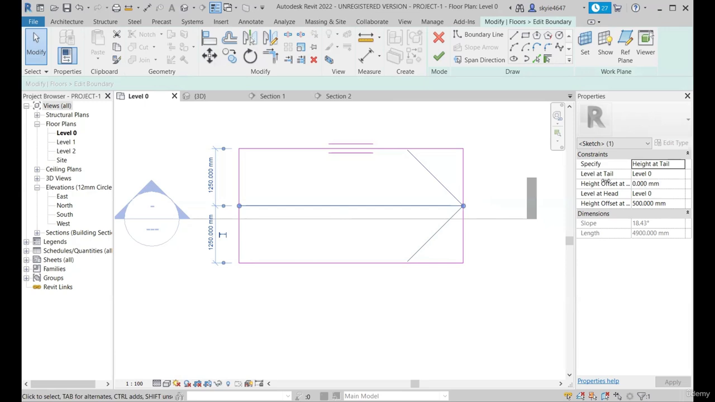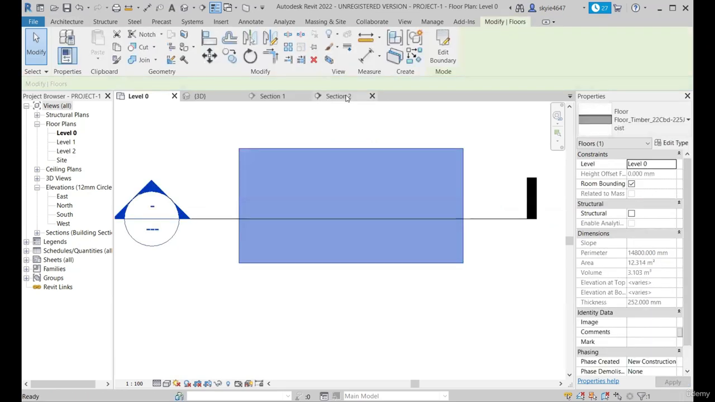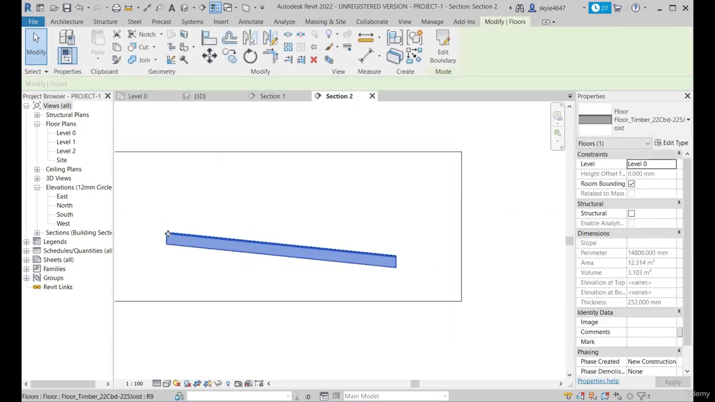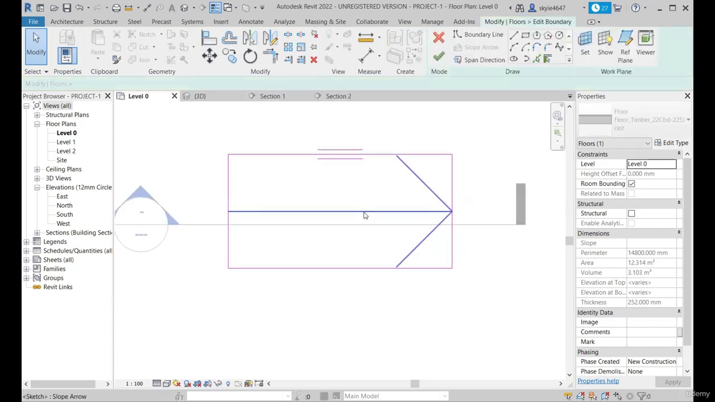Once you are done with it, you can set any offset for the tail separately and the head separately. So you can see these changes. If I give a negative 500 value here and hit enter, you can see the head is now dipped 500 mm below the tail level. And you can also assign the slope using the